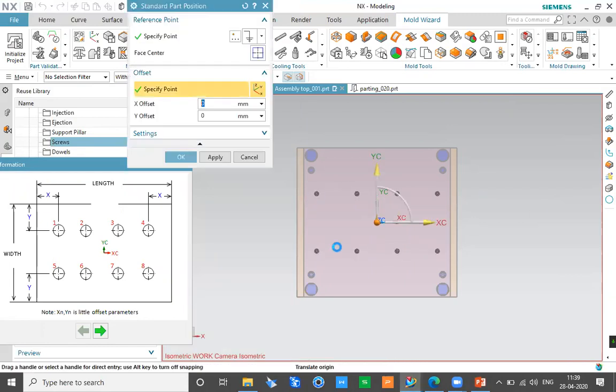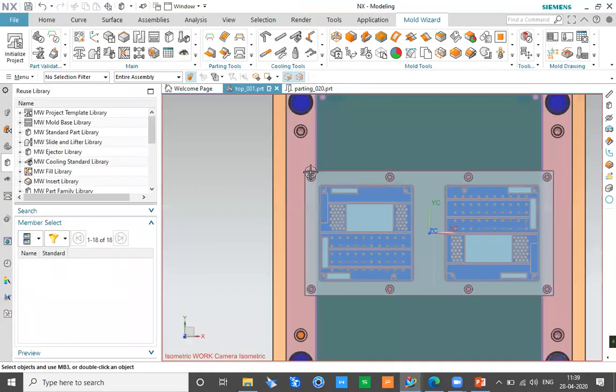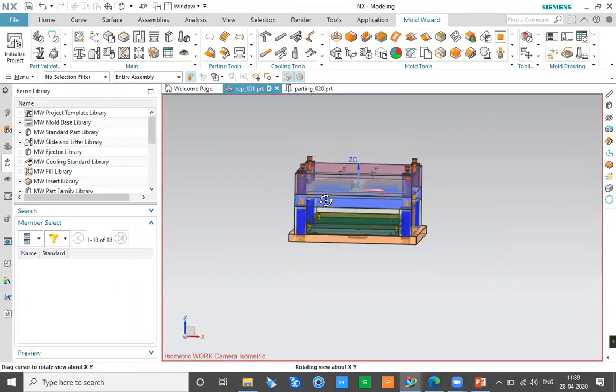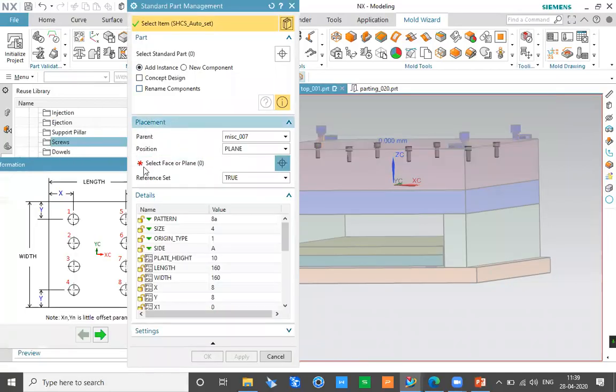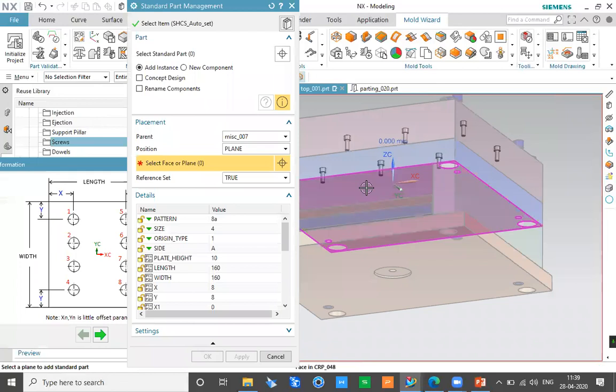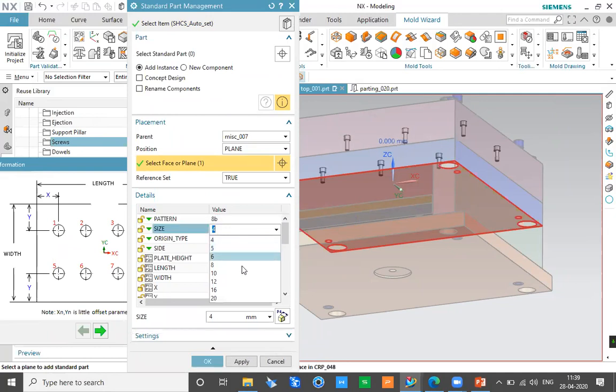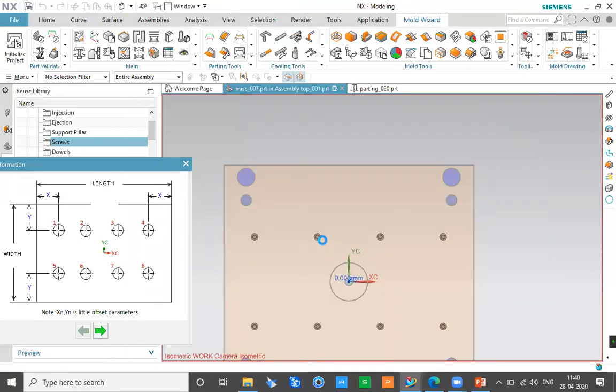Like I want 8 bolts to be placed like this, and I can click OK for this so that all the bolts will be properly placed over here. And similarly it can be done for the core side as well. So for the core side, I can repeat the same procedure, but this time I can select the face which is in the bottom. So I can select this face, and I'm using the same configuration 8B, the same size M10, using a different side over here, this time side B, and giving different values. For example, here I want 20, here I want 474, same information over here, and 234, and every other piece of information will be the same. So I'll just click OK so that I can see the bolts getting created for the bottom plate as well.